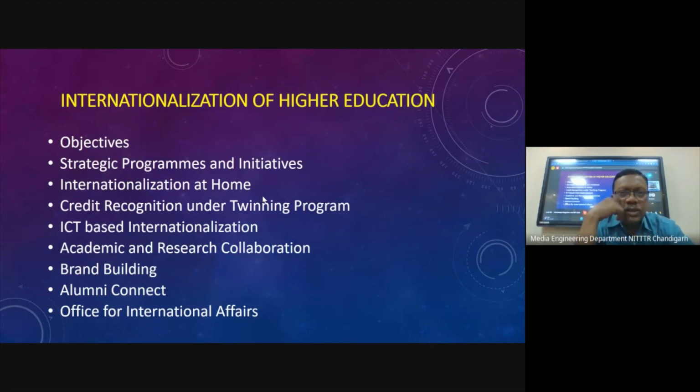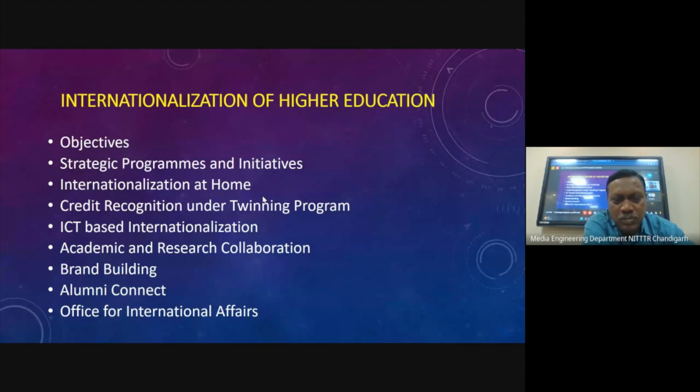Then coming to the internationalization of higher education, NEP also is talking about the internationalization of higher education. If you go through this document, which is available on the UGC website, there is an objective section and strategic programs and initiatives. Certain things have been written on that: how to go for internationalization at home first, how to empower the already existing institutes to become internationalized, how